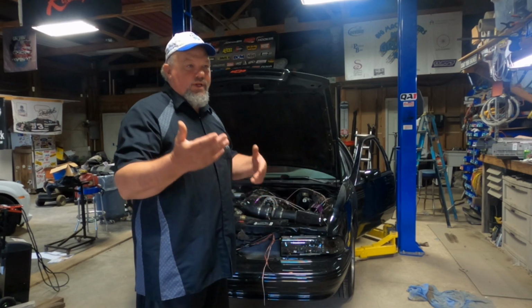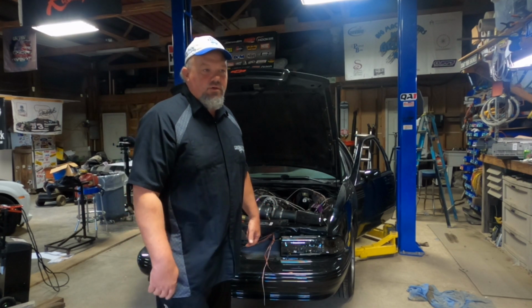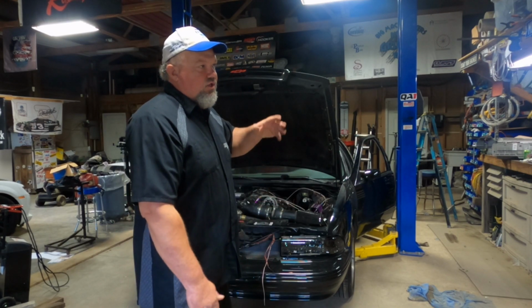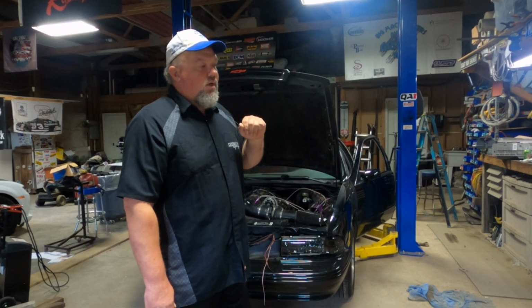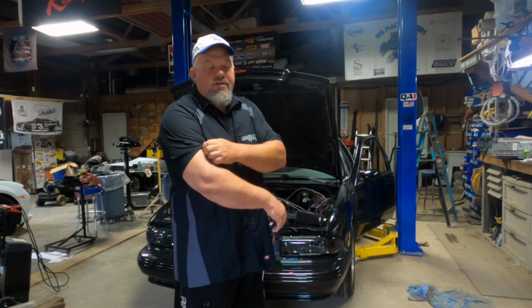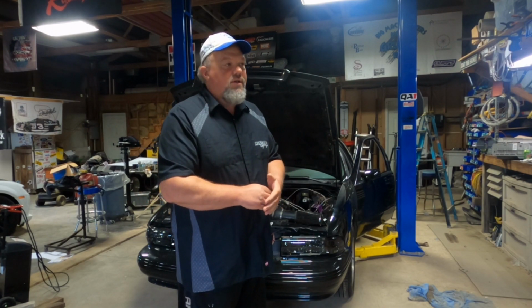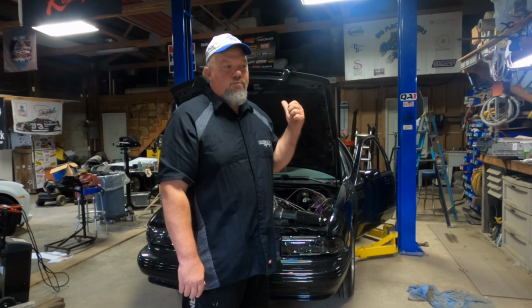I drove it for a couple of weeks, probably about a month or so, back and forth to work, to make sure everything was good. She came down. She's 3.5 hours away going to school. She picked up her Impala, drove it back to school, and came back down again with it. Everything was doing good. Went to a cruise here in town, and on the way back up, she called,